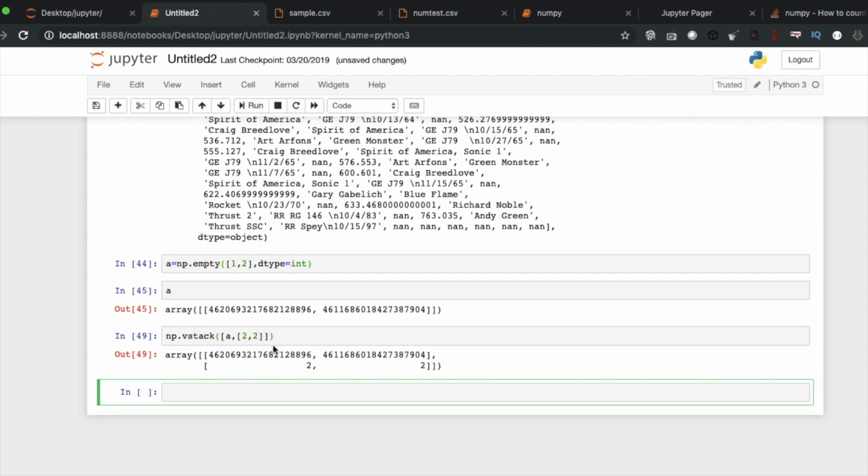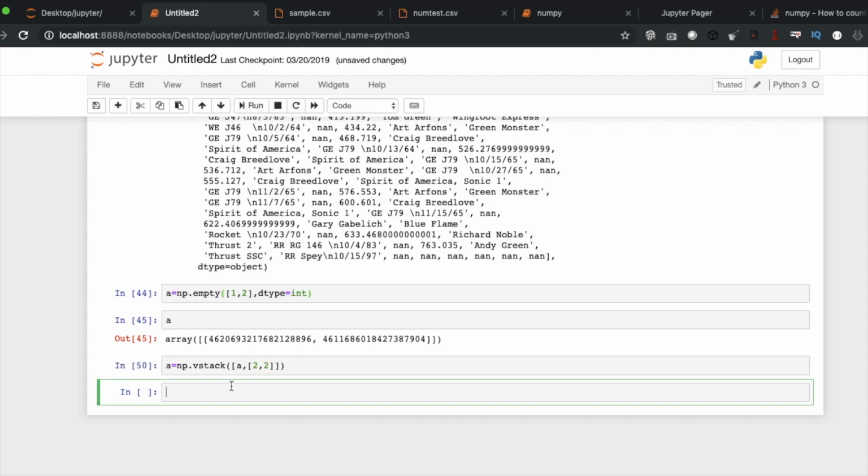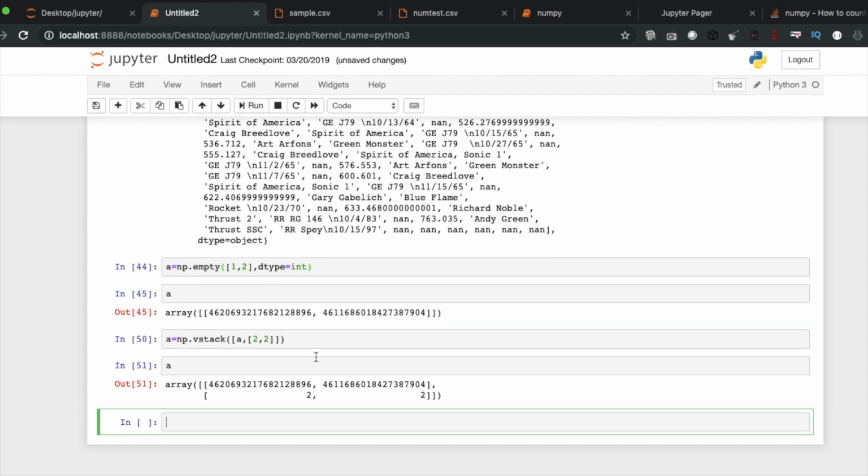See, this is stacking up. Let's say a, then the new element like this, then again a.